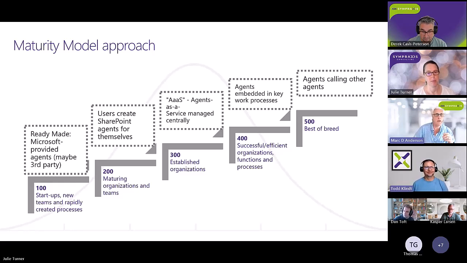And then level 500 is really where you start to have an agentic, which is not a word, ecosystem where agents are calling other agents, and they're accomplishing work in hives of agents that are getting stuff done for you. It's one way to think about it. You could also call that workflow too, like workflow being done with agents. And I think all that really means is you're bringing large language models to the party of your workflow. Yeah. Good point.